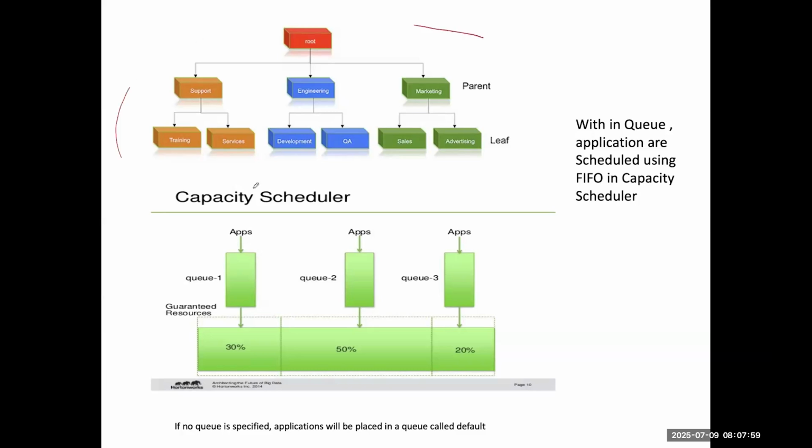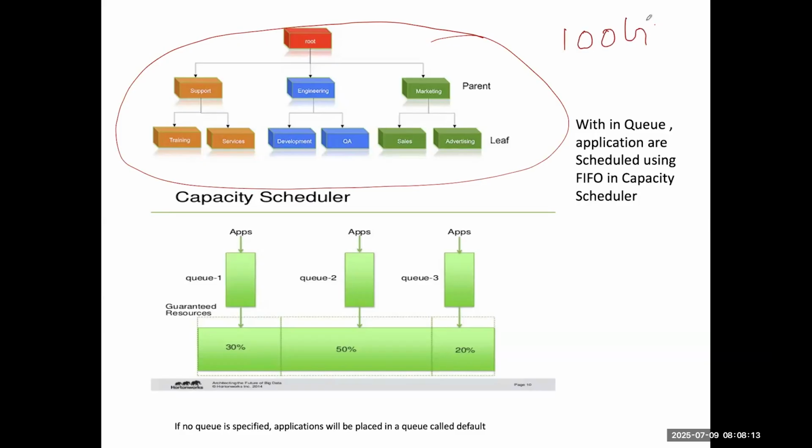So what is happening in production? In the cluster, we are dividing the resources. Let's suppose that you have 100 GB of resources in your production cluster. Then you have three teams: support, engineering, and marketing. So what you can do is, in the YARN configuration, you can mention that